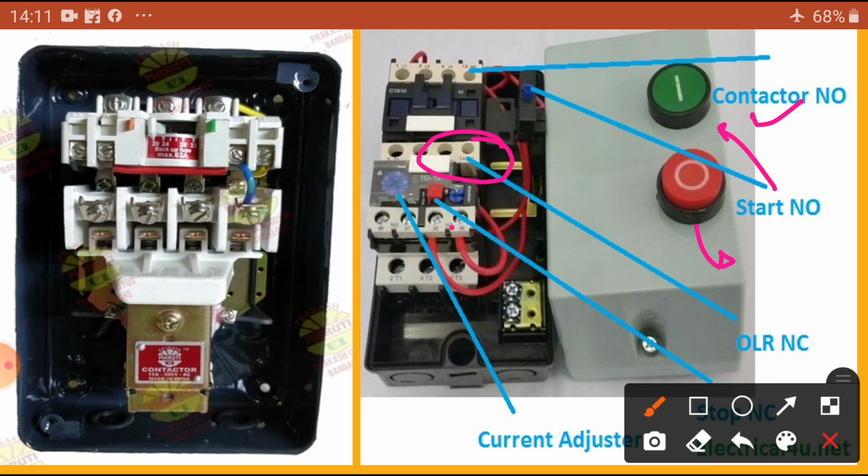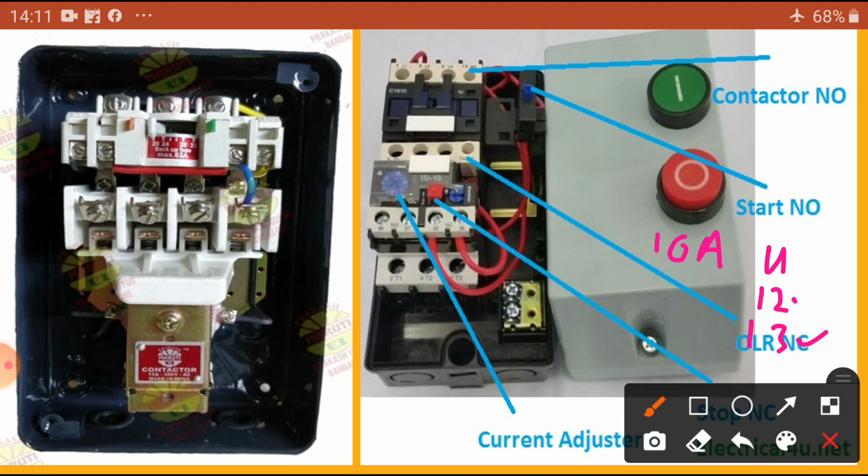A current adjuster is also provided here. With this current adjuster, we can set at what level the overload takes place, 100% or 120%. For example, suppose a motor is designed for 10 amps. At 11 amps it may trip, at 12 amps it may trip, at 13 amps it may trip.